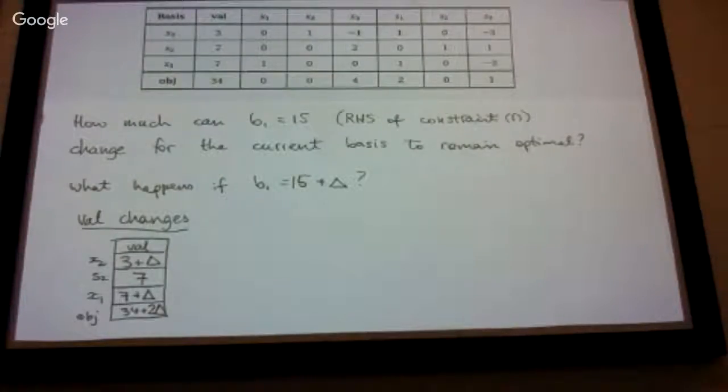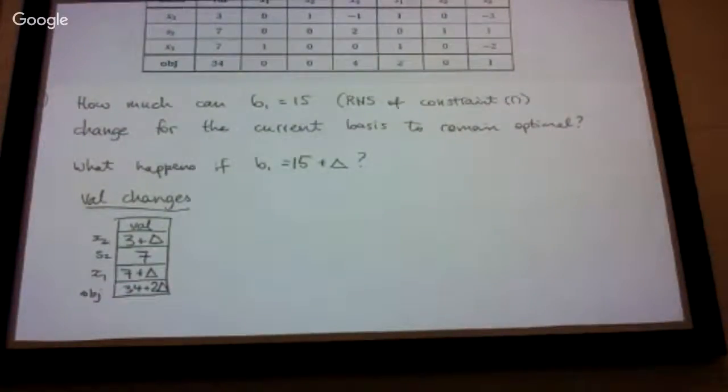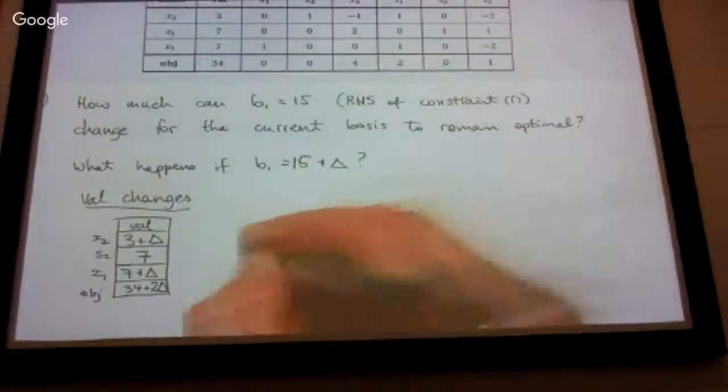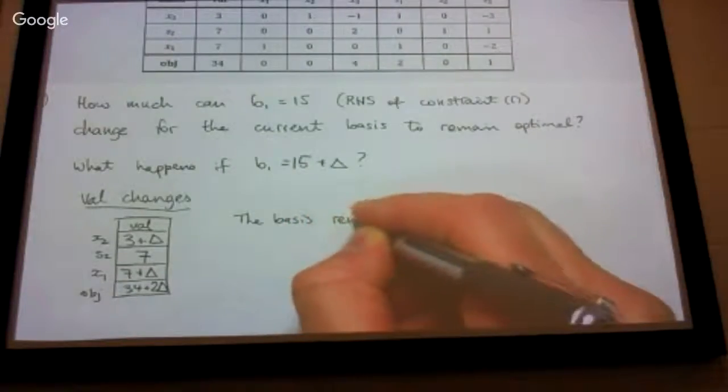Yeah, well, that's more specific than I was expecting. Yes, you're right, of course. But what could go wrong is that some of these values in the top 3 entries could become negative, right? And then we would have to do a dual pivot. So the basis remains feasible